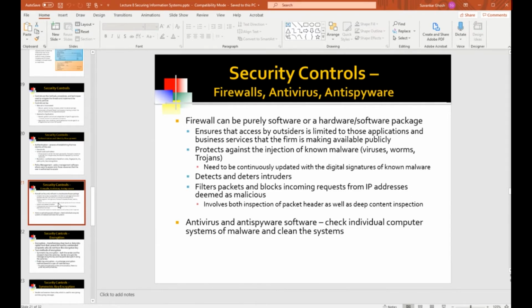Now, firewalls are not foolproof. They often give you this impression that, well, if you have a firewall, you're 100% protected. No, by no means. The firewall is a backward-looking device. So it can prevent only viruses and worms and other malware that it knows about.